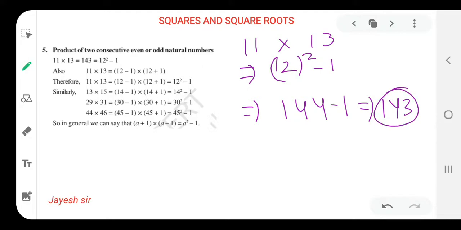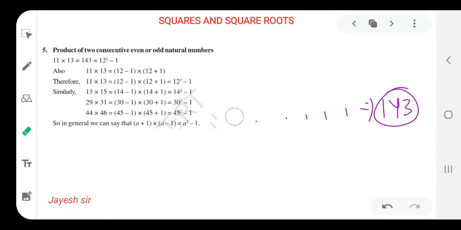We are getting the same answer. I hope you all might be getting it. But if you are not getting it, then in the next example definitely you are going to get it, I think. If you are able to understand it properly, pause the video and try to solve the remaining sums or the remaining examples on your own. That will improve and make you good and faster in the calculation.